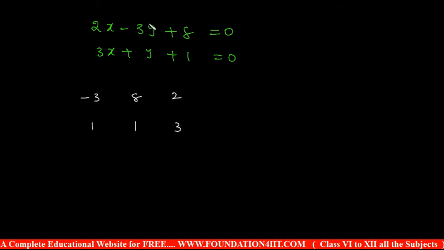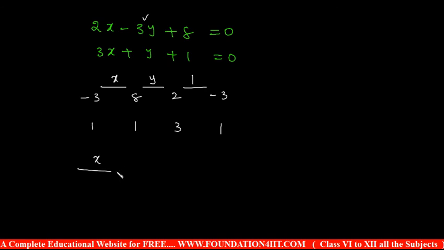So remember, first we start with the y coefficients, followed by the constants, again the x coefficients, and in the fourth place again repeat the y coefficients, minus 3 and 1. Whatever you wrote, write the same again. First y, constants, x coefficients, again y coefficients. Above, you can keep the letters x, y and 1. So x divided by, y divided by, 1 divided by, you can write in these gaps.